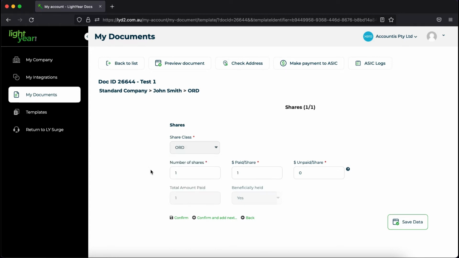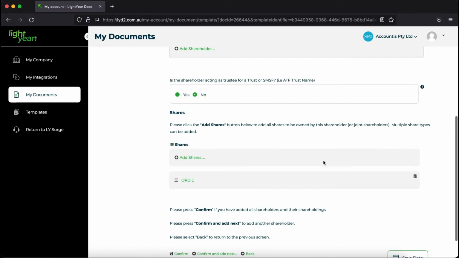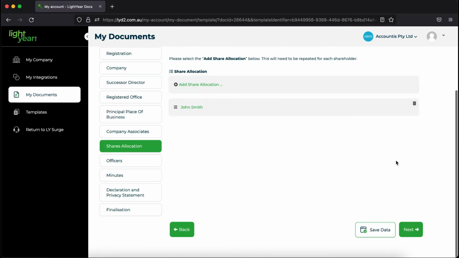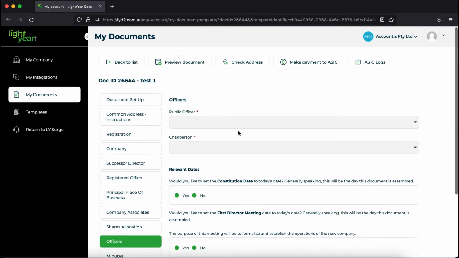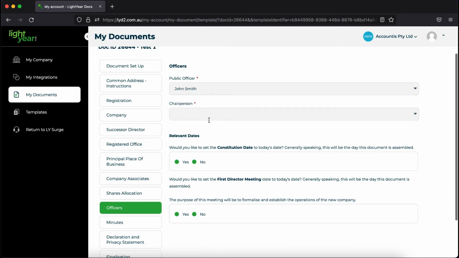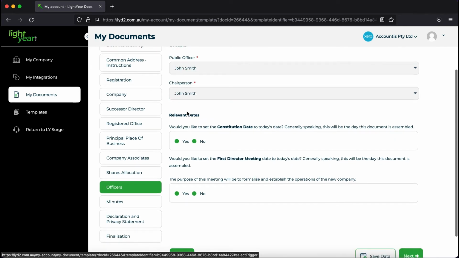I'm just doing 1 for 1. This obviously depends on the circumstances, what you would advise your clients to use. Just keeping it super simple. Then just going in and adding our public officer and chairperson, as well as just setting the relevant dates to